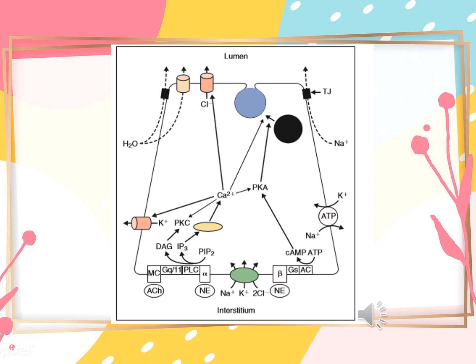Now I have told you how isotonic saliva is made. Now we will see how it turns into hypotonic and what are the ductal modifications that take place. So the binding of sympathetic neurotransmitter, that is norepinephrine, to beta adrenergic receptor on the basolateral membrane activates the G protein, which will in return activate adenyl cyclase, and that will lead to formation of cyclic adenosine monophosphate or cAMP. This will happen with the help of adenosine triphosphate, that is ATP. Basically, one protein will activate another protein, which will activate another, like a relay race, and finally we will get a hypotonic solution.